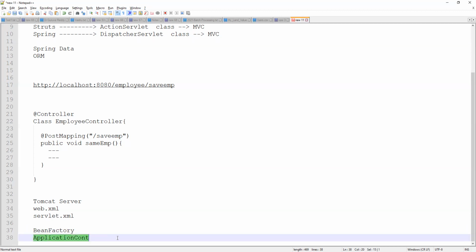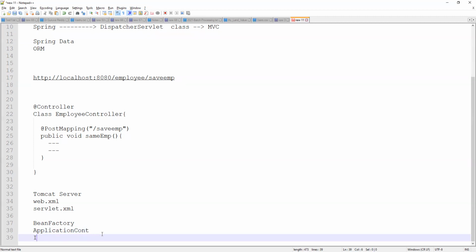And also, application context will have all the enterprise-level web services as well as application servers, right? If you want to develop your application as an enterprise-level application, definitely you need an application server. Application server and web server are two types of servers. Web server will support only web-related features, it will not have the I18N feature.